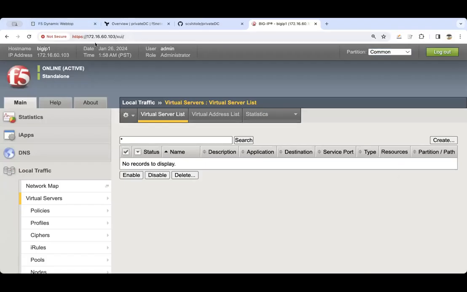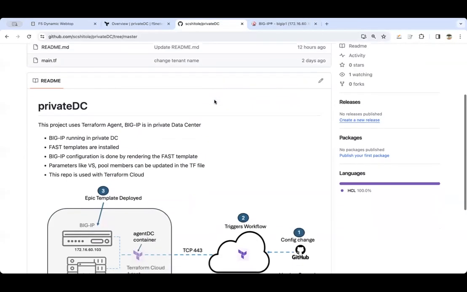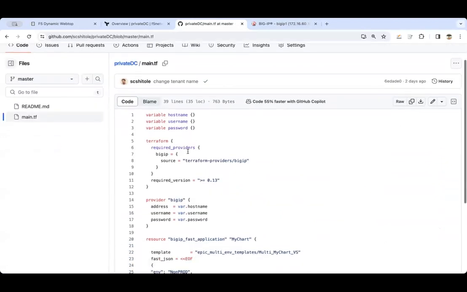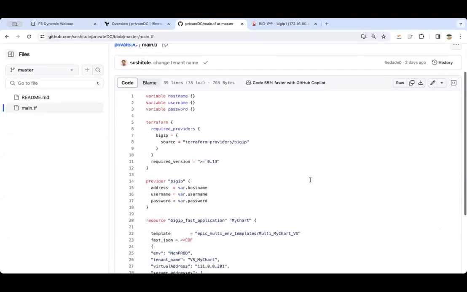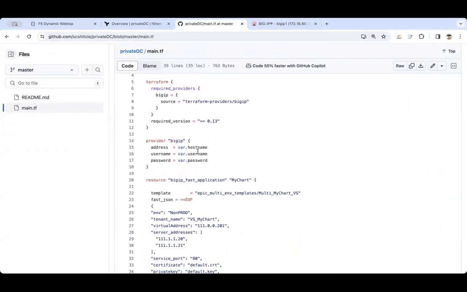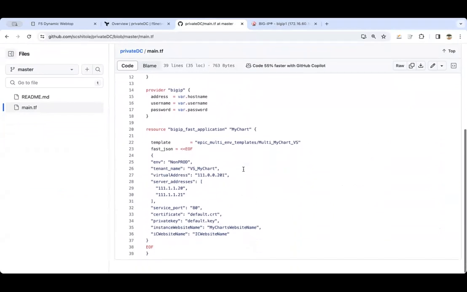So here, actually, let me show you. This is my BIG-IP. Actually, I don't have any configuration here, right? So this is our GitHub, which has a simple configuration. Basically, you can see that we have a Terraform provider, the BIG-IP Terraform provider we are using, and this is